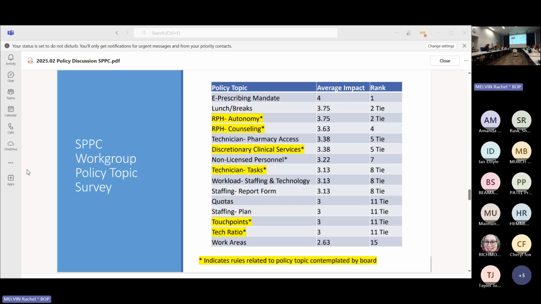And I think the pharmacist autonomy piece and the board supporting our pharmacist professional judgment is a welcome relief for pharmacists. And I think we can continue that good work here at the board in supporting our pharmacists and our technicians and their professionalism when caring for patients here. As far as another survey,